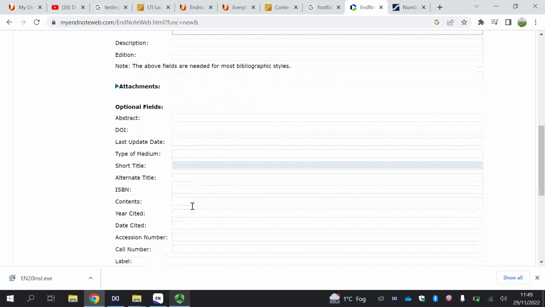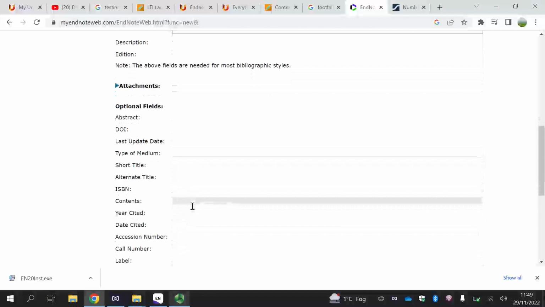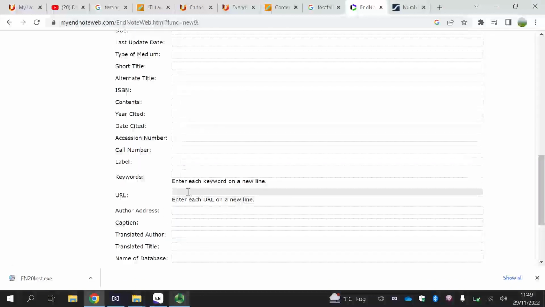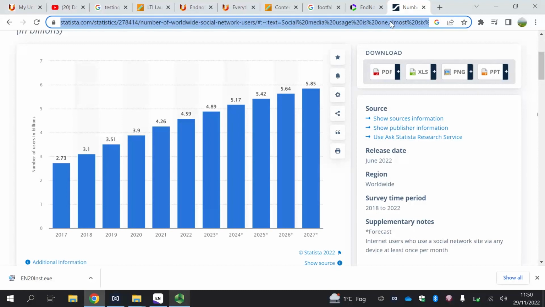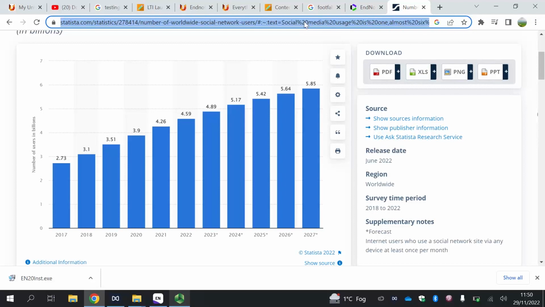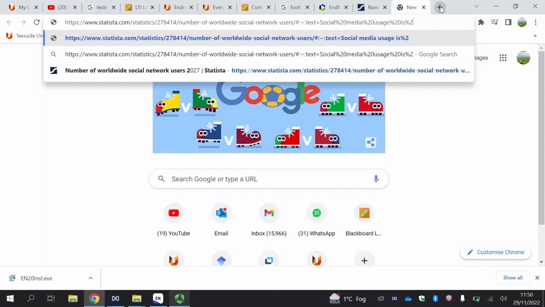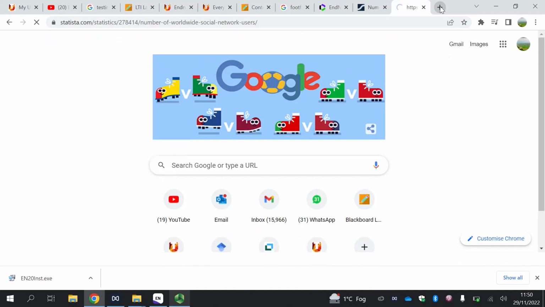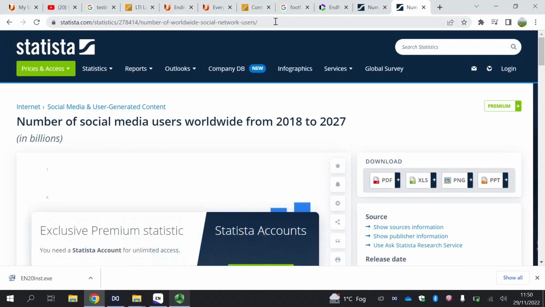And if I scroll down again, that is the date that I access it because it's going to show. And then, okay, I will need the URL. So I will come here. I will copy the URL as it is. It's looking crazy, but let me just use this. Actually, this is not the right way to do it. I will copy this URL, paste it here because it's looking too long. If you set it like this, then it's going to look crazy. So I'm just going to clear all this gibberish that is generated by the search. I should still have the same data, but now the link looks better. So I will now copy this,